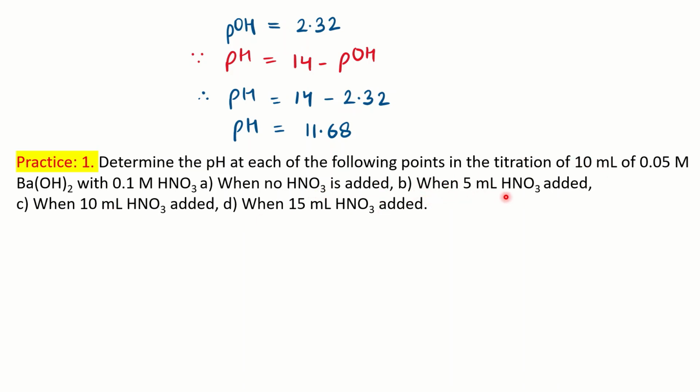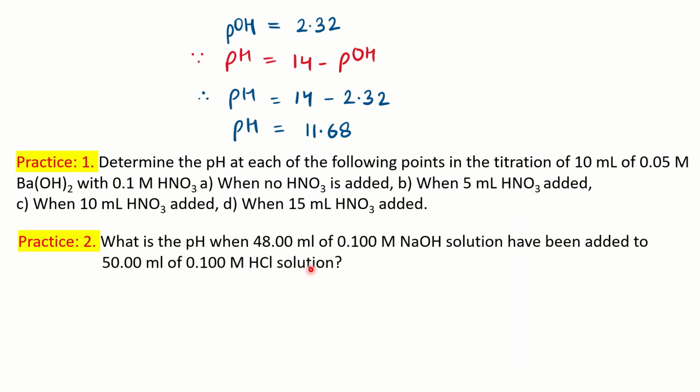And then 5 ml of HNO3 is before the equivalence point. First step, you are familiar, you have to calculate the volume of acid required to neutralize. And then you can see 10 ml. 10 ml means it must be the equivalence point, and then beyond the equivalence point that is going to be acidic medium, right? So you can directly calculate the H plus concentration and get the pH value. So if you plot, it is going to be the reverse graph of the problem which we have got. Okay, here finally beyond the equivalence point we were getting the basic value, but in this problem we will be getting the acidic value.